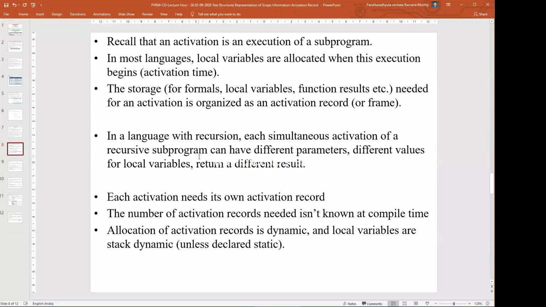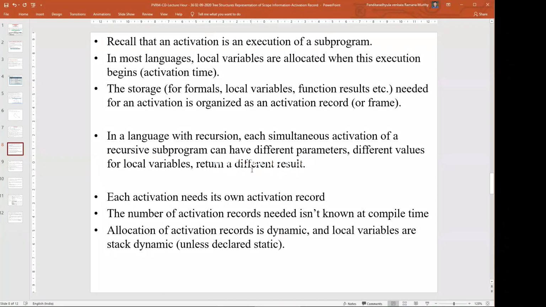For each instance, we have different values for local variables, which return different results. The scope of the function matters, but in a recursive function the same program is called a number of times, and each call has a different value or result.